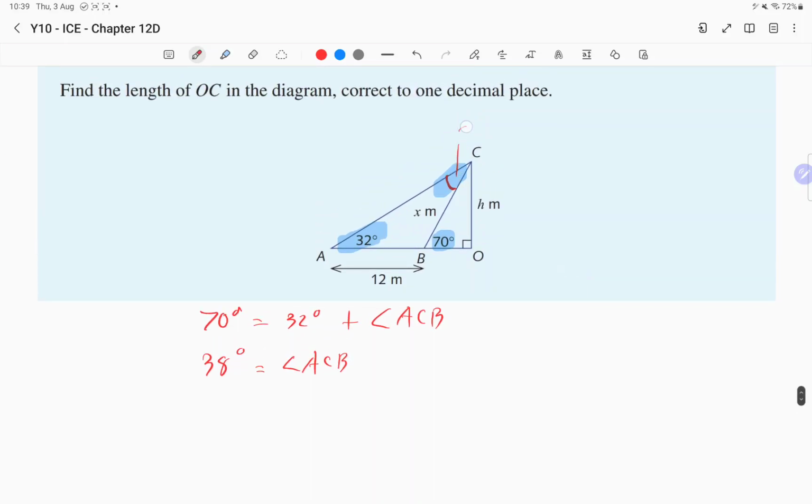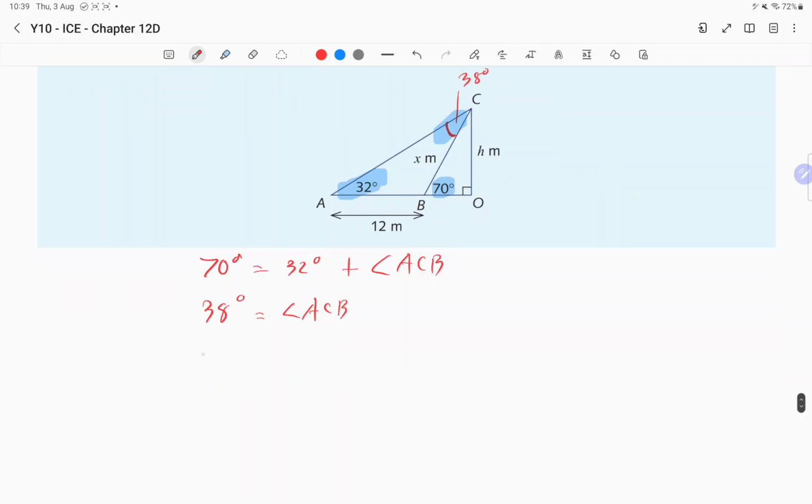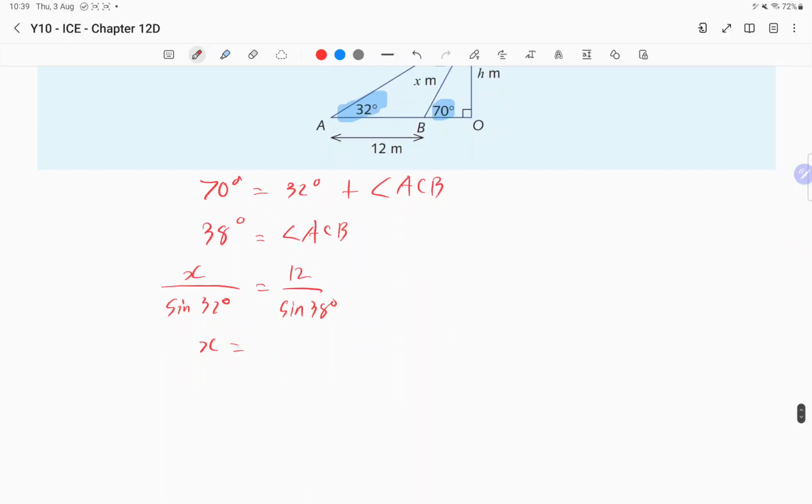All right, so let's put that one in here. So that's 38 degrees. Then we can try to solve for x first. So we'll use a version where the side is on top. x over sine 32 degrees would be equal to the side that we know, 12, over the sine of the opposite angle, 38 degrees. Punch that into the calculator, you get the x value, which should be